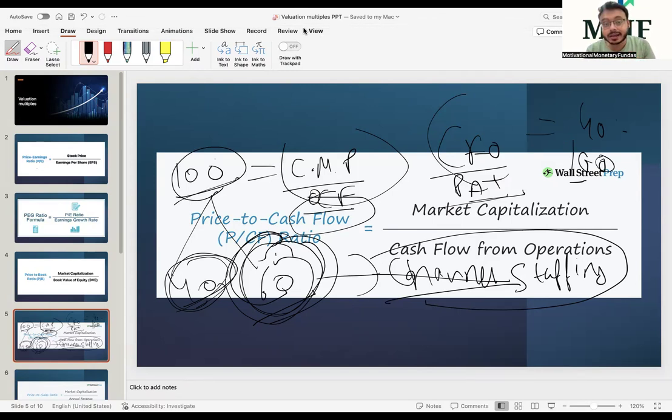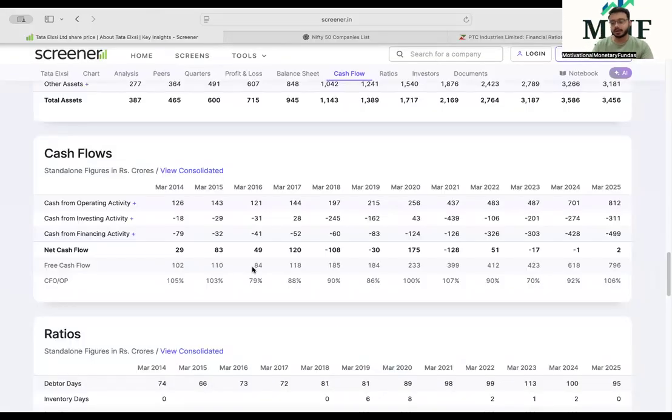And why are we looking at CFO only? हम CFO ही क्यों देख रहे हैं? हम कैश फ्लो फ्रॉम इन्वेस्टिंग एक्टिविटीज क्यों नहीं देख रहे इन रेशियो में? Right, we could have done cash flow from investing by PAT, we could have done cash flow from financing by PAT, but हम CFO ही क्यों कर रहे हैं? Because cash flow from operations is giving you a picture of the actual cash inflows and actual cash outflows from the core activities of the business. Actual cash inflow आपको जो हुआ है and actual cash outflow आपको जो हुआ है from the core activities of